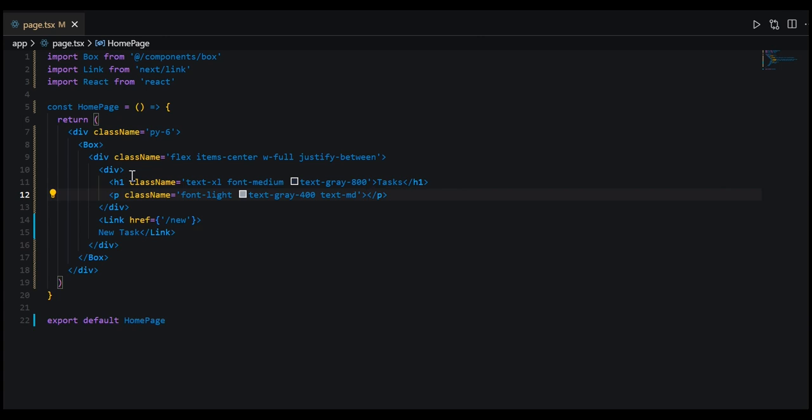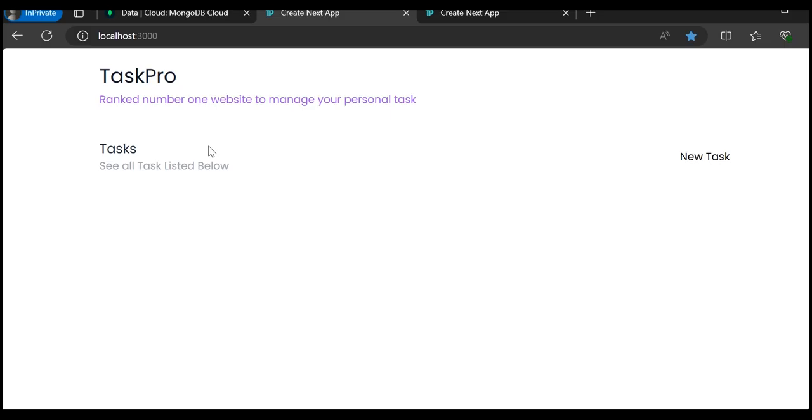Click save, and we'll see. We'll add in all tasks listed below. Go ahead and click save, and let's go back to our localhost. Great. Now you see we have the H1 and description right underneath it, and in a flex box with justified